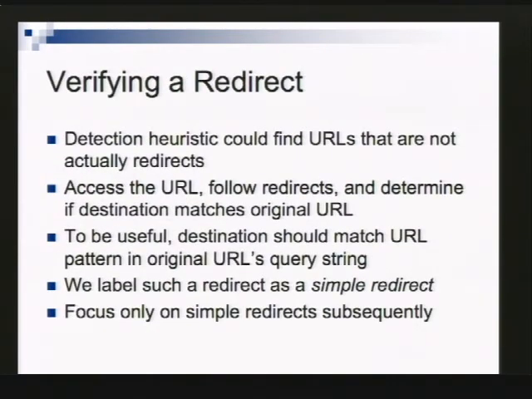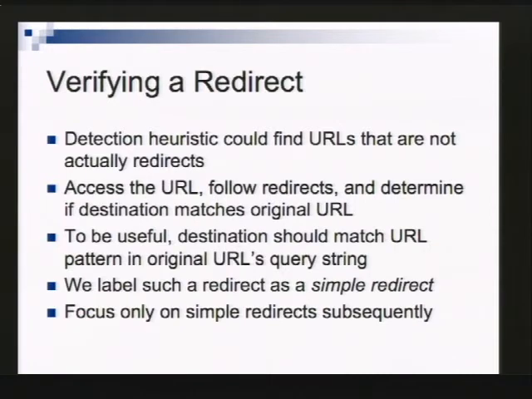So now we have found an HTTP redirect that's dynamic because it has a query string and such. How are we going to make sure that it's indeed a redirect? There could be things that you come up with that are not redirects. So what we do is we actually, through a library, follow the redirect and determine if the destination of the new page matches the destination we thought it was going to take us. Right? So looking at the URL, you determined it's going to take me to fisher.com.